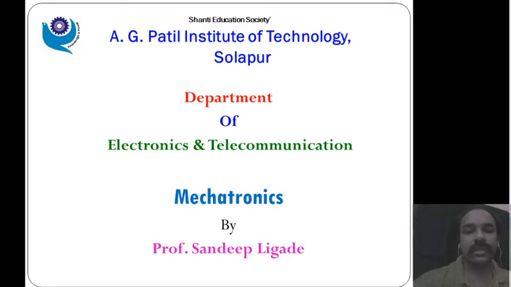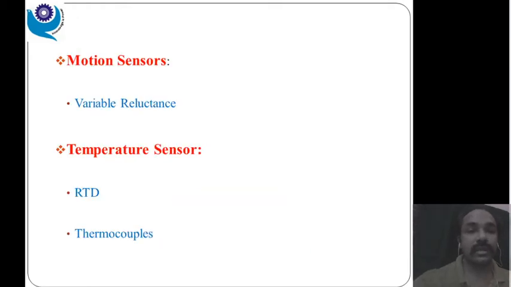So today in mechatronics we are going to deal with sensors, that is, the motion sensor. A motion sensor is an electromechanical sensor basically used for a wide variety of applications. In mechanical systems we need to detect velocity, speed, position, and distance, and for that purpose we need a sensor which senses motion, vibrations of a motor, of any metallic strings and so on. So for a wide variety of applications we use such motion sensors.